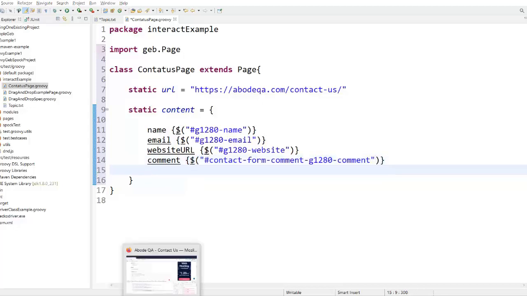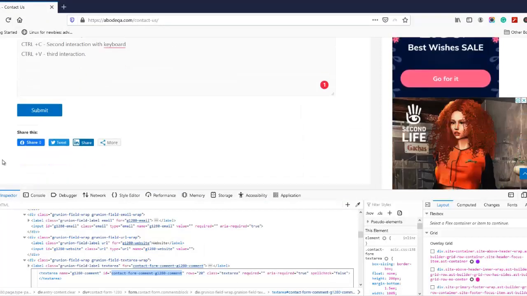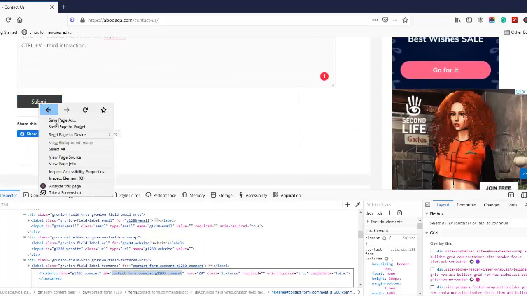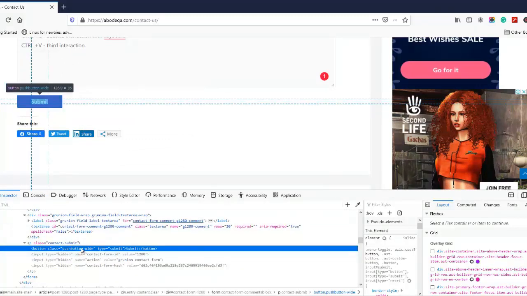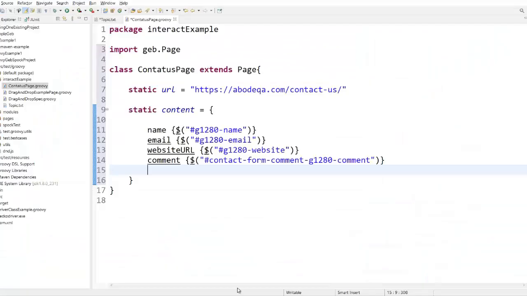And the final element is the submit button. Let's navigate to the submit button, and here I'm inspecting the element. Since we don't have any ID here, I'm going to use a new kind of CSS or navigator mechanism, which you might remember if you have just gone through the navigator section.